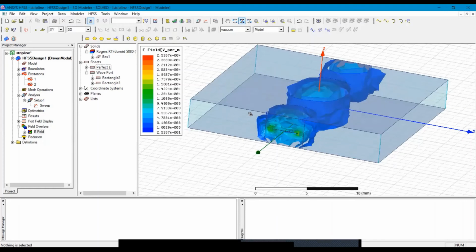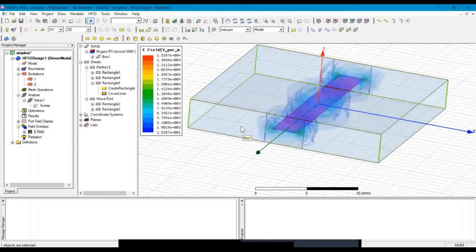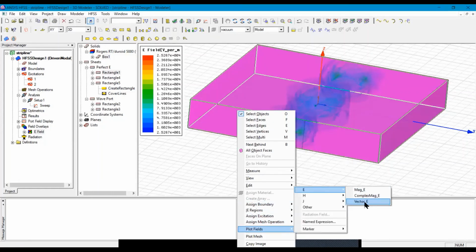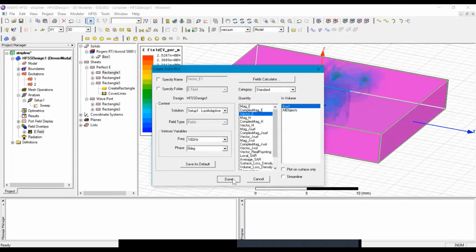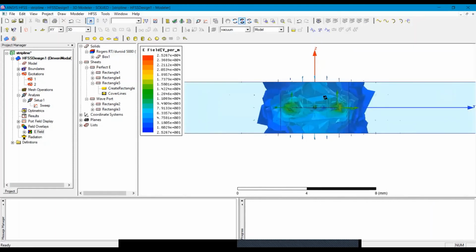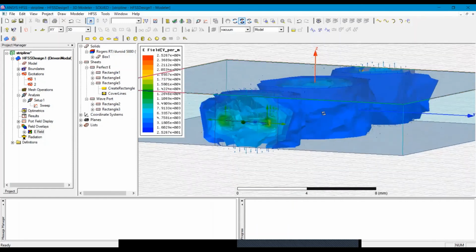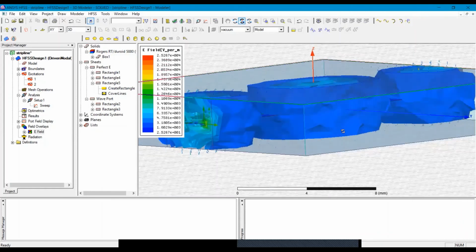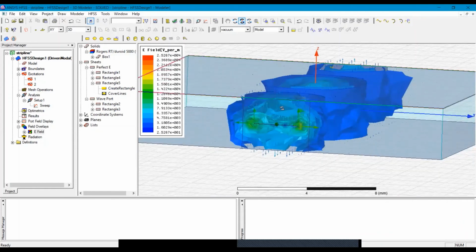Now I am also interested to see the vector electric component. So again I will select the inner conductor and the substrate and then plot field, electric vector E. Now I can see the electric field in the vector form also. So you can see that all the electric field is confined in between these two conductors. So that is the beauty of this strip line structure.